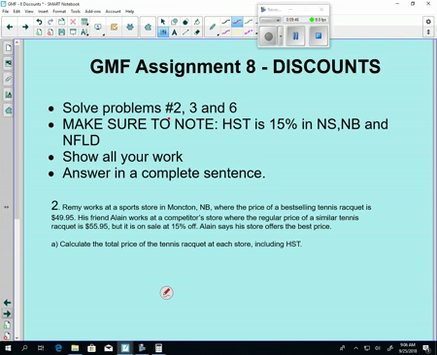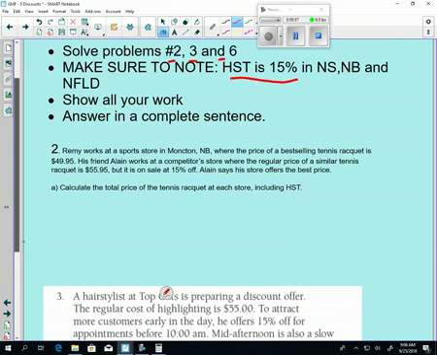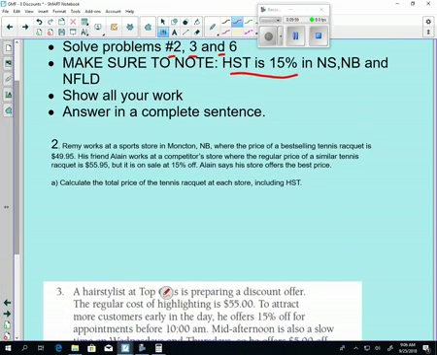You're going to have just 3 questions to do. If they ask you for the taxes, it's 15%. Doesn't matter whether you're in Nova Scotia, New Brunswick, or Newfoundland now. So just looking at the first one, I won't solve it for you, but just to set it up,